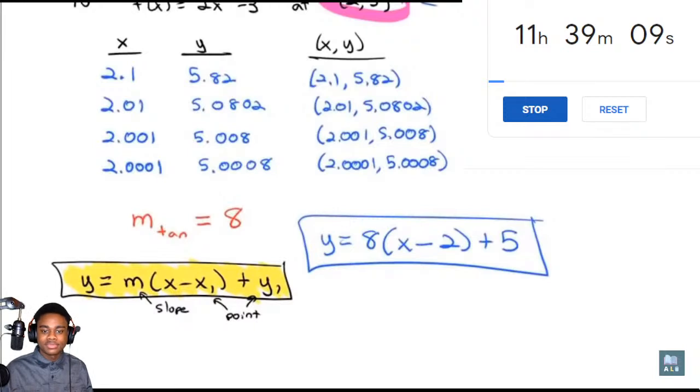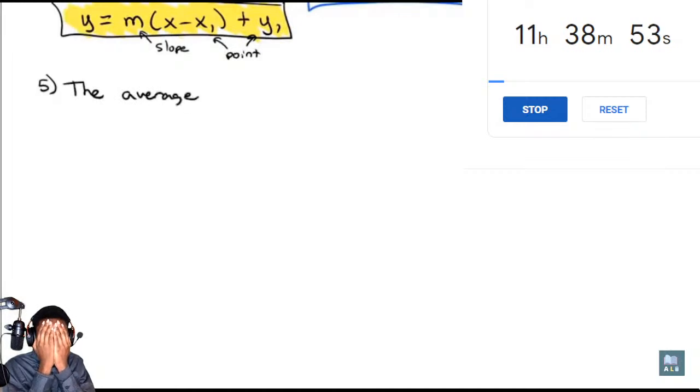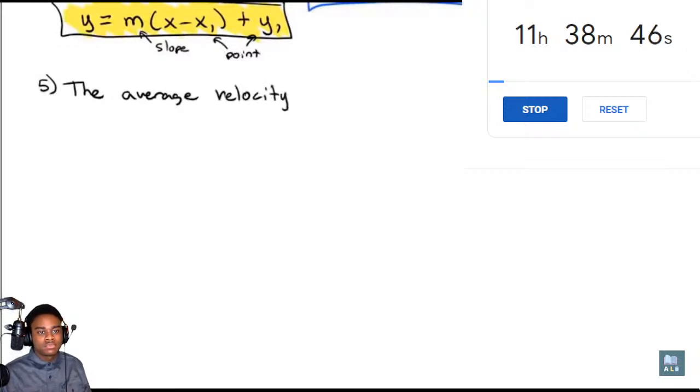We can use this concept in physics to look at what's called the average velocity and the instantaneous velocity. Velocity is really talking about speed. If we're talking about the average velocity or the average speed, speed doesn't really have direction and velocity does have direction. It's the only real difference. The average velocity of an object